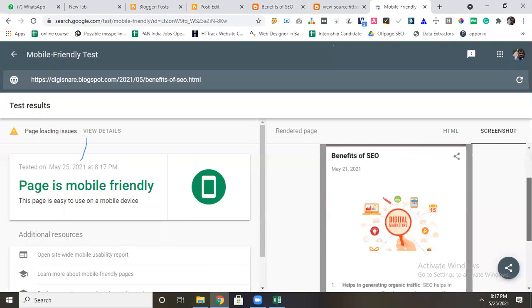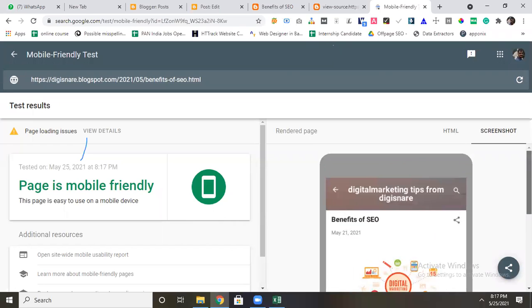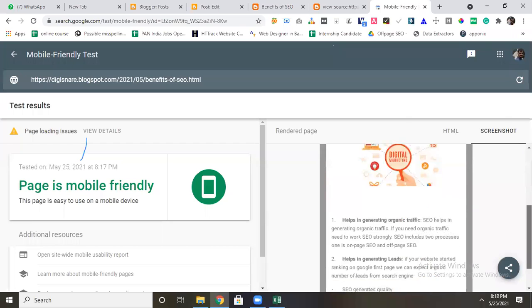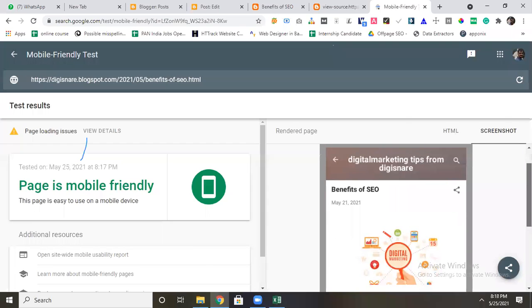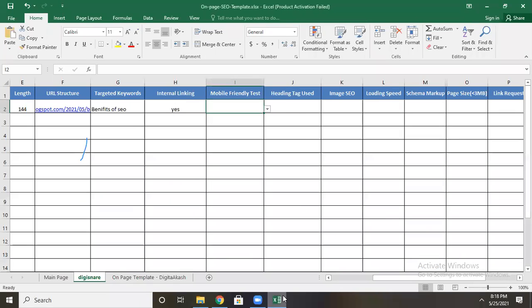Okay, means it will be easy to access. You can see the preview also it is showing. This indicates the website is mobile friendly. Always you have to do this one. This is one of the activities when anybody's website is developed, you have to check each and every page of the website, whether it is mobile friendly or not. If it is mobile friendly, you have to mention it here, yes. If no, means you have to rework.